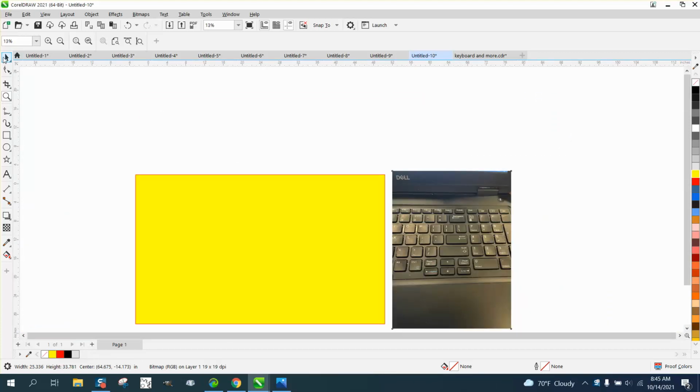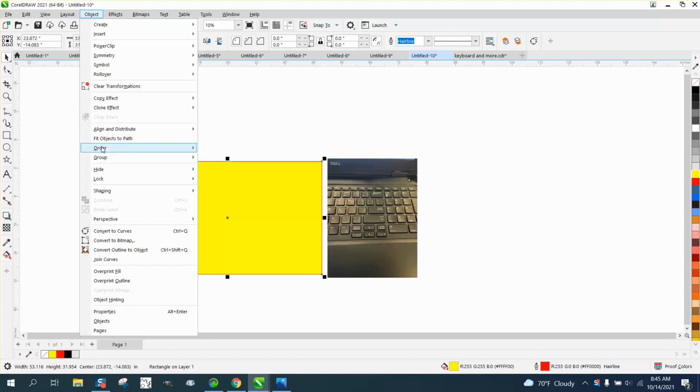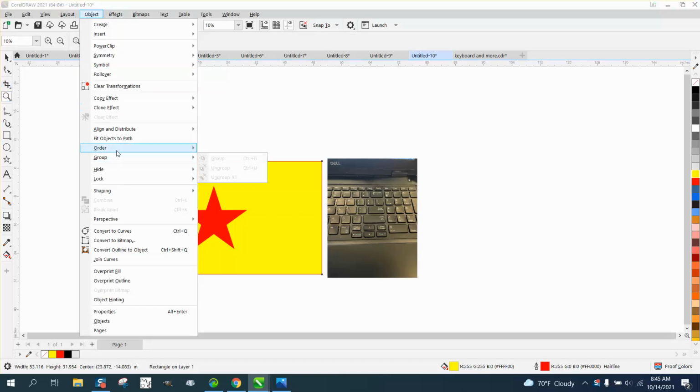And if you've watched enough of my videos, you know that I go up here and I go Object, and I go Order, Back a Page to bring the other item up. And somebody asked me why I don't have a shortcut. Well, there is a shortcut for that, but on my keyboard, it's a little bit of a problem. It is Control N,